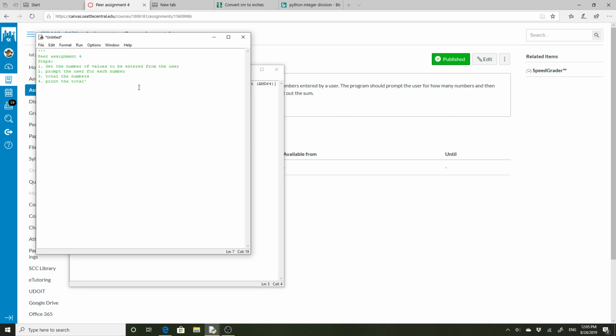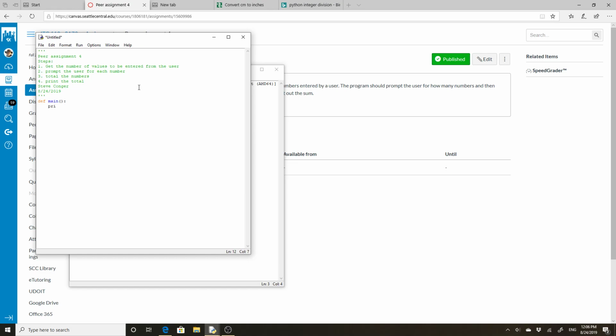So there's only 4 steps, but the 4 steps are just to keep track of what we have to do from the beginning. And again, I will put my name and the date. So today is the 24th. Okay, and then I will close the 3 quotes. Okay, so then we'll start def main. Having trouble typing. You guys aren't the only ones that have trouble typing sometimes. Okay, so the very first thing we need to do,